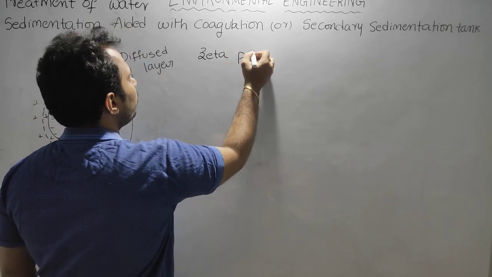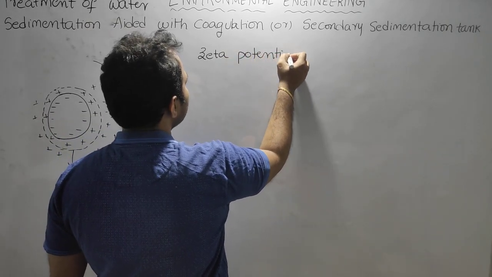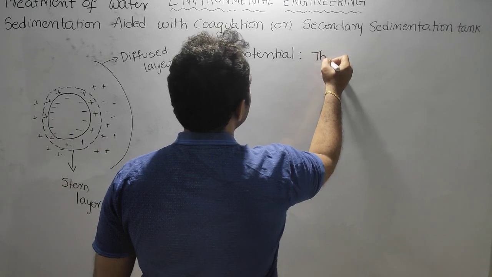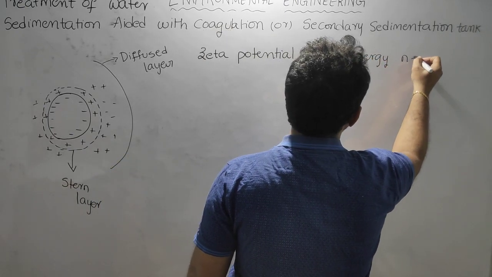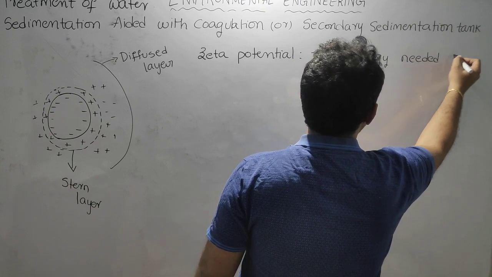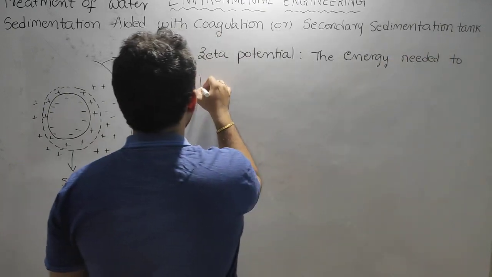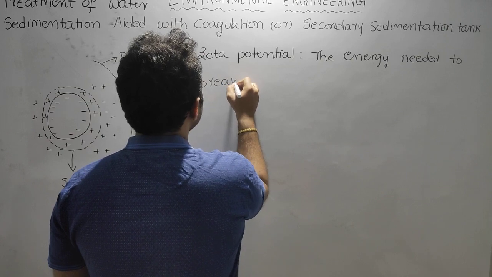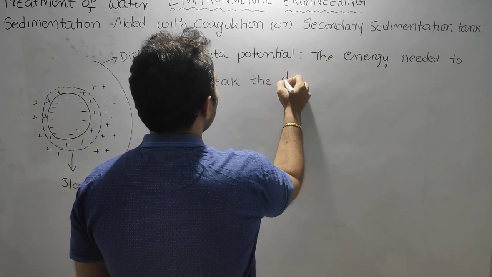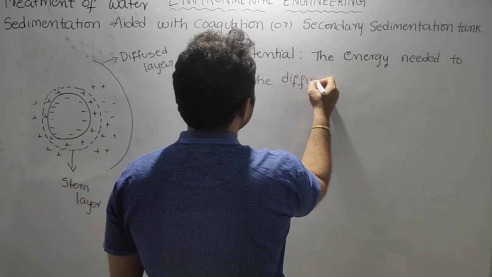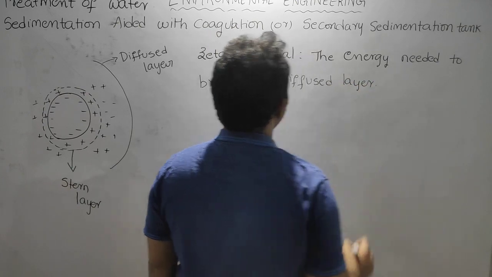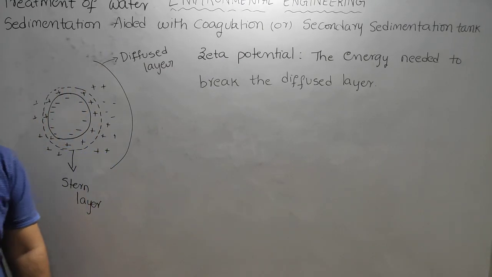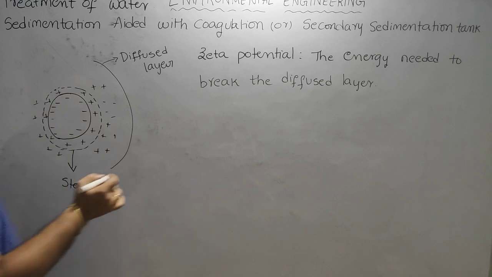The energy needed to break the diffused layer is called zeta potential, and its value is 4 pi delta q